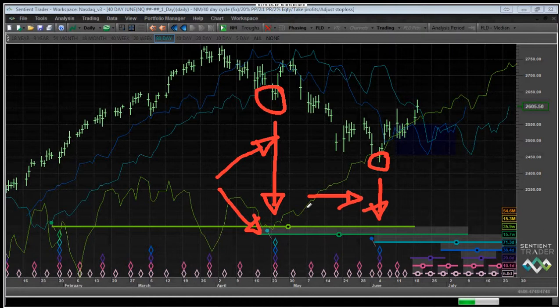Now, I'd like to move on talking about this 80-day FLD and what might be happening in the Nasdaq. I'd like to move on and answer